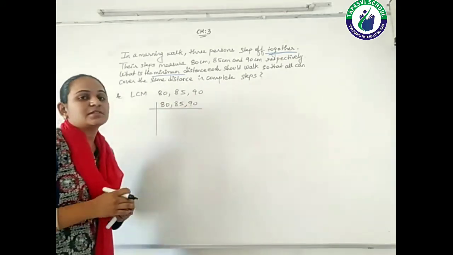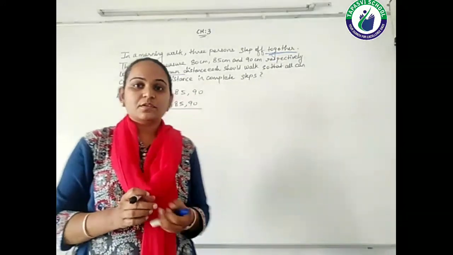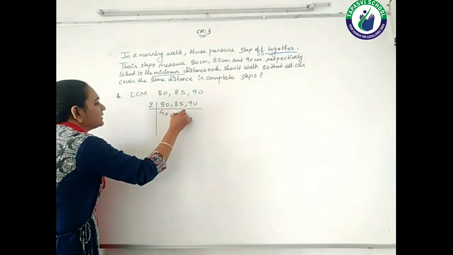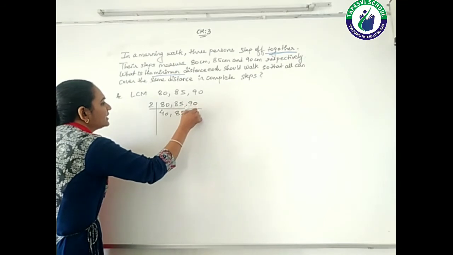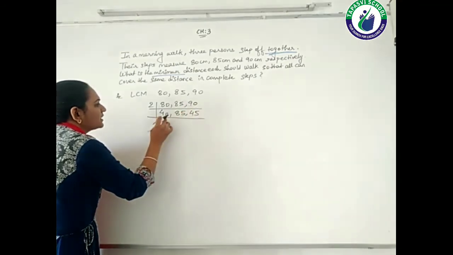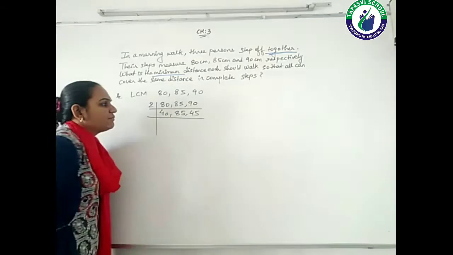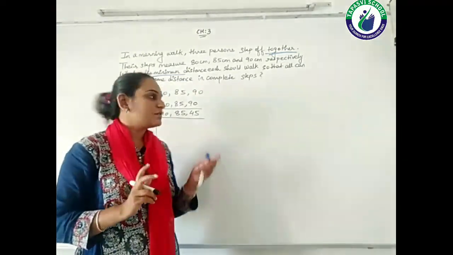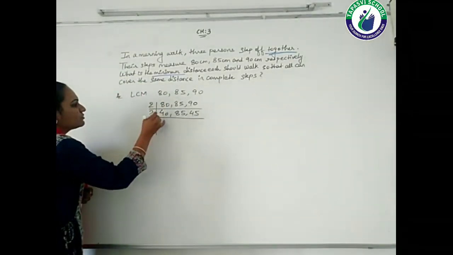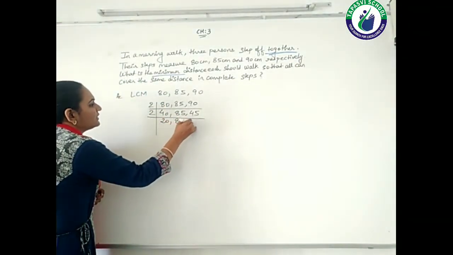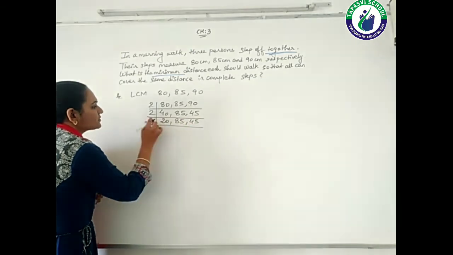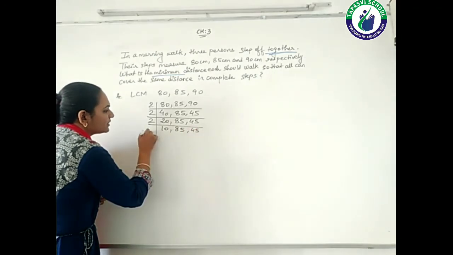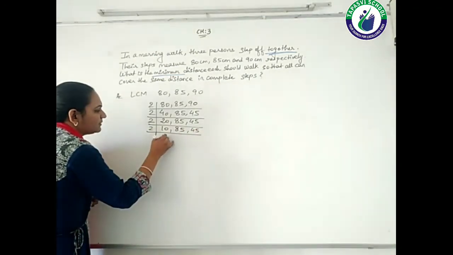Of the three numbers, two numbers are even numbers, so we'll give the chance to 2, right? 40, and 85 doesn't come in the table of 2. 90, again it is divisible by 2, so 45. This one number, 40, is divisible by 2. Remaining two numbers are not divisible by 2. So I'm giving the chance to 40 to get divided by 2. So 20, 85 and 45 as it is. Again this 20 can be divided by 2, students. So as long as 2 works, you carry on. 2 5s are 10.